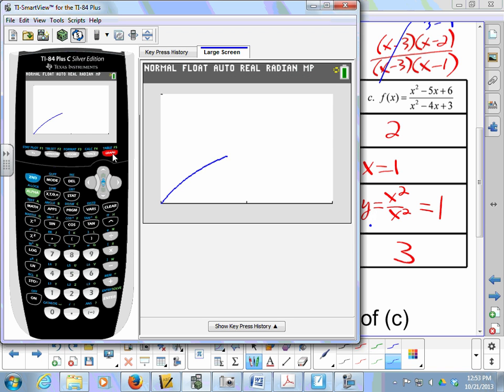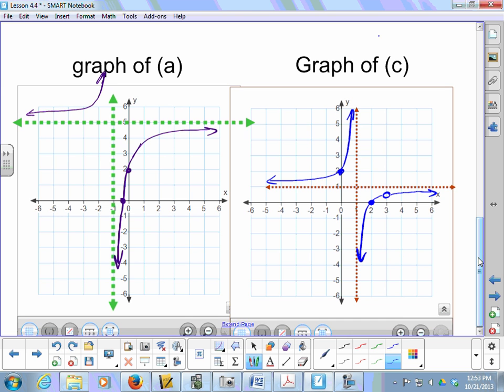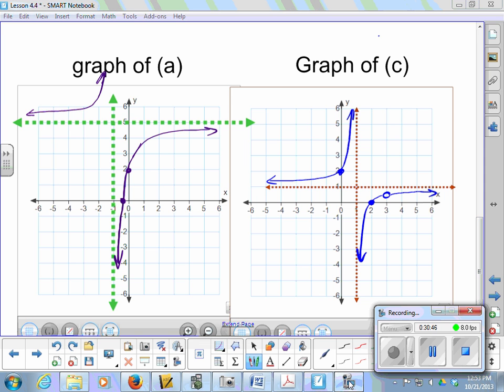But I can see that at x equals 3, there's a hole there, okay? No pixel. All right, that proves to me that there is that hole that I had to put on my graph. So when I actually do graph that, I've got to draw a hole in there, okay? All right. So, are the holes basically like the